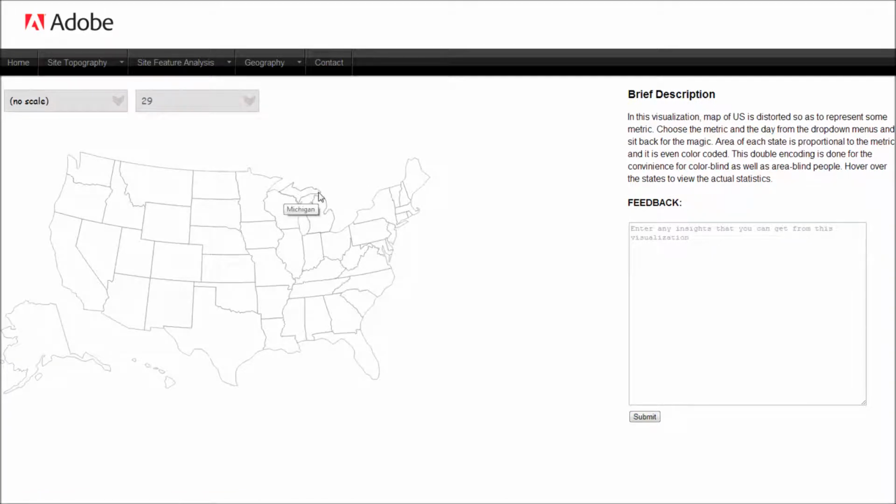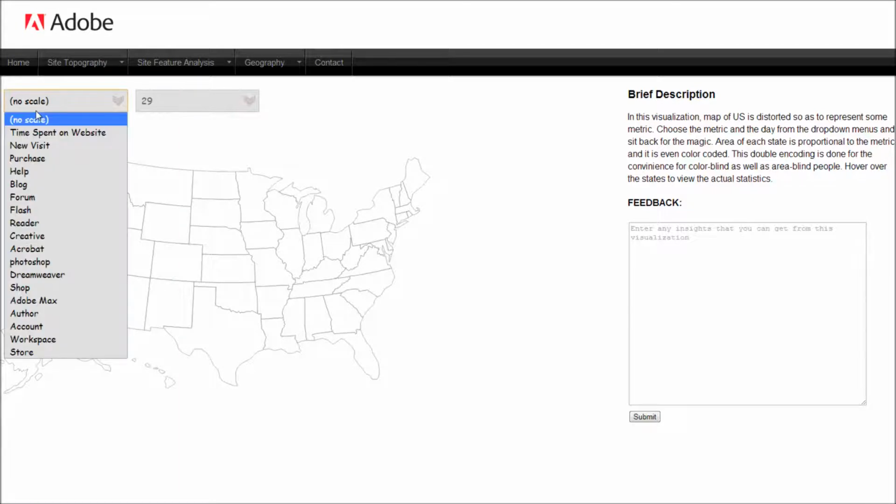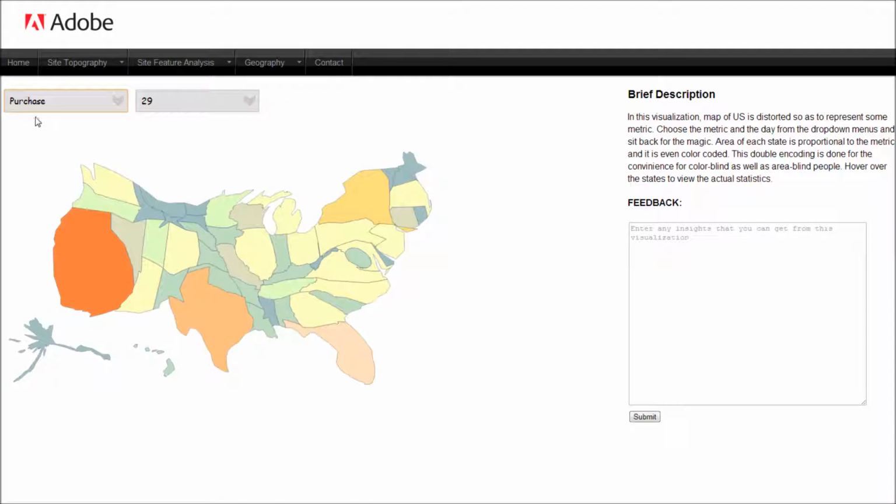So this is how our normal US map looks like. California, the other states. So how does a map look when you keep certain things in your mind? Like if you want to see the map with the purchase. When you keep purchase in your mind, the map looks something like this, saying that California looks bigger for you because a lot of purchases happen from California. Similarly, Texas, District of Columbia, which barely shows on a map, now it has become bigger. So now you can see this.